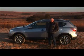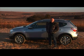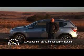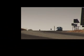Here at RPM, we've liked the Nissan Qashqai from the very moment we first encountered it. It links the practicality of a C-segment hatchback with the raised stance and the aggression of a compact SUV. And if that sounds like a strange marriage, it certainly is. But in this case, it does convince. The Qashqai has been one of Nissan's biggest success stories, a trend it hopes to continue with the recent launch